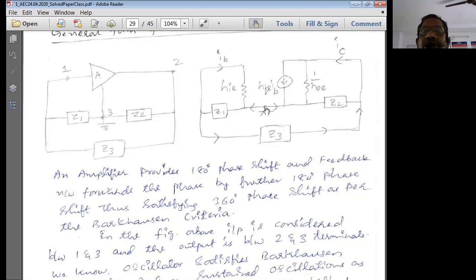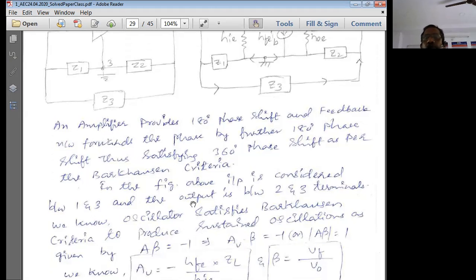Now, this common terminal emitter is connected to the ground, and Z1 is replaced as it is, Z1 here. Z2 is simply replaced over here as Z2, and Z3 as well. Now, what is the basic operation it should do? Usually we prefer only the CE amplifier. Why is the CE amplifier preferred? The CE amplifier is preferred because it provides more power gain. The power gain of the CE amplifier is really very good in comparison to the other two configurations. Therefore, we always prefer the CE amplifier in the oscillator circuits.